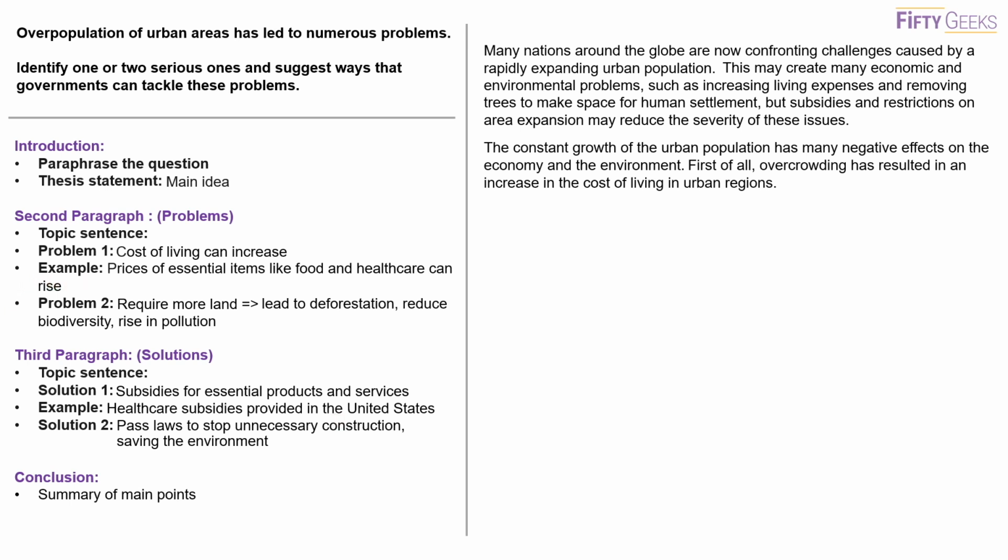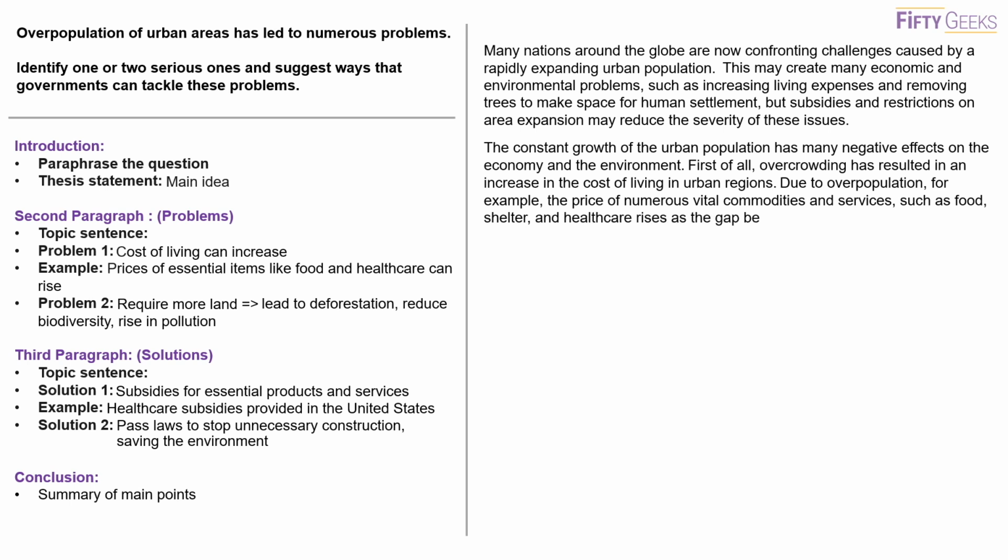I will write, due to overpopulation, for example, the price of numerous vital commodities and services such as food, shelter, and health care rises as the gap between demand and supply widens, and people have to pay more to survive